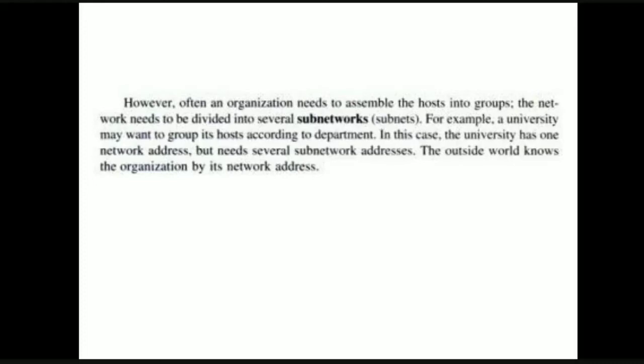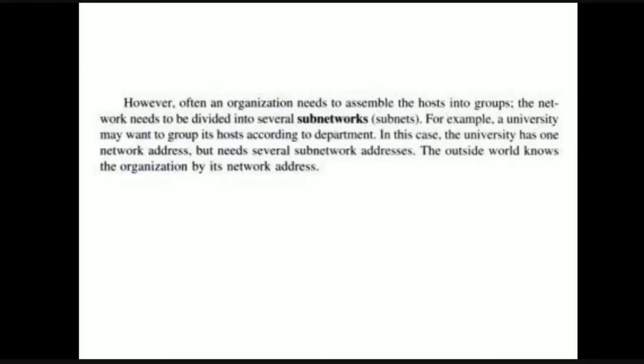We are dividing a single complete network into subnetworks. So again, from the original network, now we need the subnetwork address for that packet to reach a particular subnetwork. But for the outside world, how is it going to see our network? It will see it as a single network. We have a single network address, right?